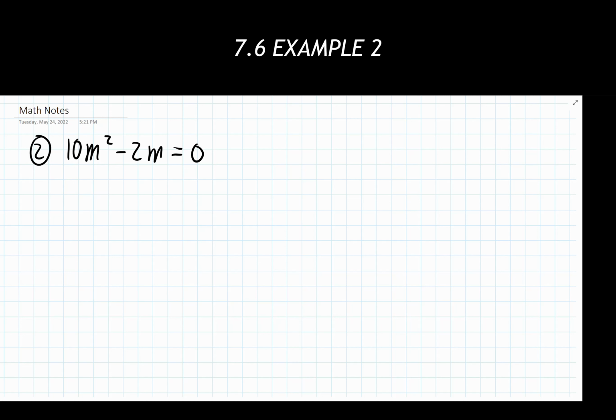My only other option at this point is to start off with the greatest common factor and see what we can do from there. I'm looking at my first term and my second term, and seeing what's the largest number that evenly divides into both. Our greatest common factor is going to be 2m. If I factor a 2m out from both of these terms, what am I going to have left over? The first term is going to become 5m, the second term is going to become 1, and I'm going to bring down equals 0 here.